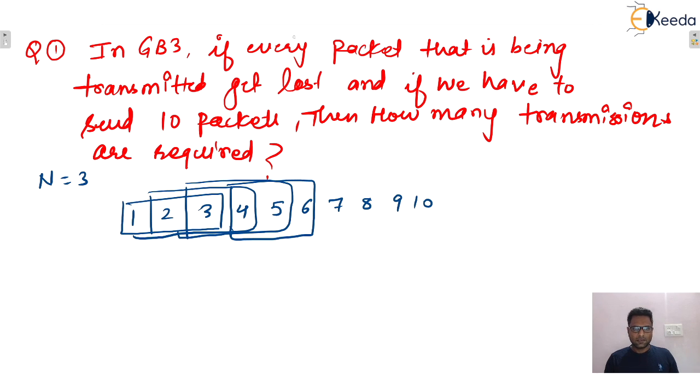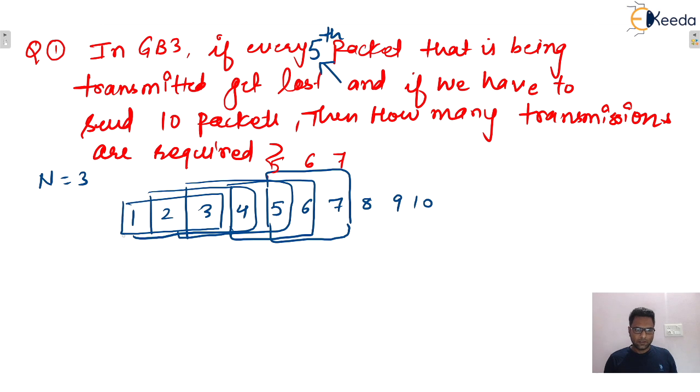Okay. In the question, every fifth packet, write it down. If every fifth packet that is being transmitted gets lost. So I missed this point, fifth packet. So write it down, isn't it? Now you only tell me, whenever 4 gets acknowledged, then the window will be slided. And presently, we can say that the window contains these packets 5, 6, 7.